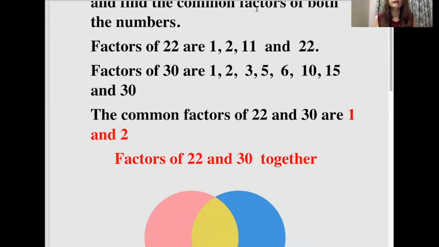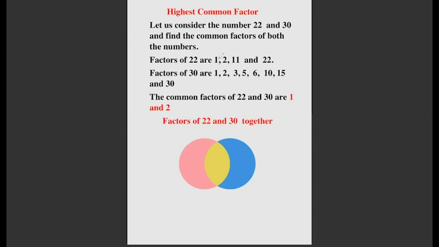So we can do it like this. We will find the common factors of 22 and 30. We can see 1 is a common factor. Yes, it is present in both cases. 2 is common in both cases. And nothing else. So there are only two factors which are common in 22 and 30. These are 1 and 2. So we will write the common factors here, 1 and 2. Only these two are the common factors between 22 and 30.